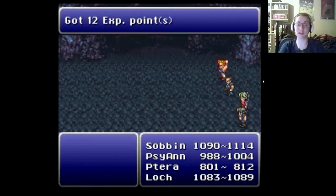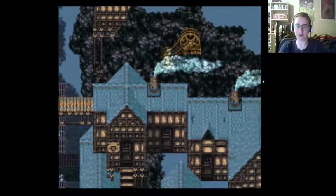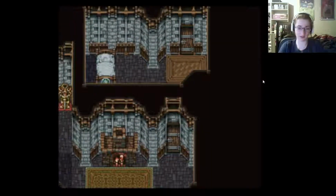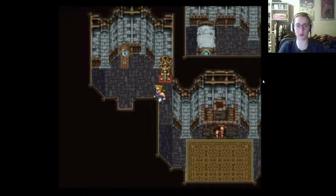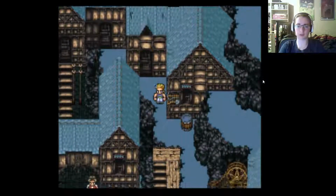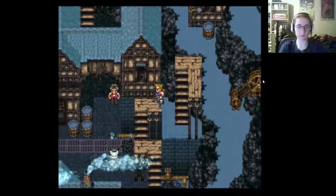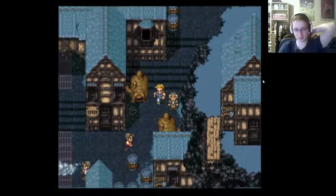Yeah, hero protagonist. Escape ropes to escape from caves. That would be useful. I also have that thing that does the same thing as warp, which might be a thing. I never actually learned what warp was, but I have something that does the same thing as warp, I think. Maybe I didn't buy the object that does the same thing as warp because I don't know what warp is. I bet warp warps you back to the last inn you were at or something, or maybe back to the airship. I don't know. Those things would make sense, but this game is not always as I expect it to be, so...